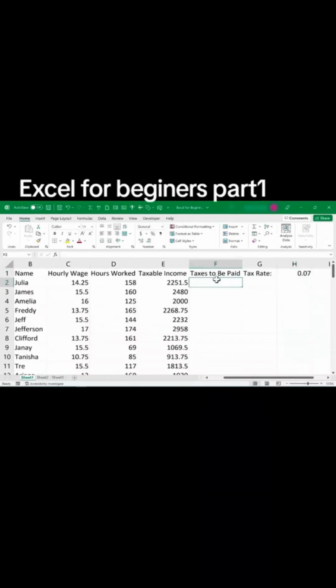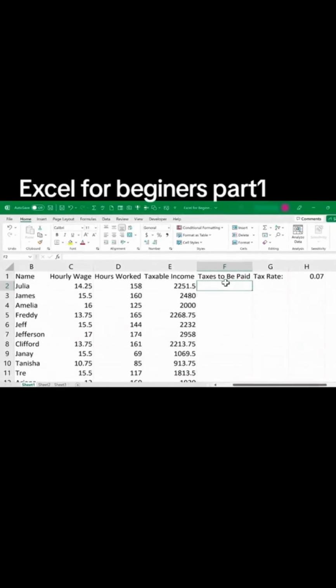I'll click here on cell F2, and in my head, I'll say to myself, cell F2, and then I type equals the taxable income of Julia in this case, multiplied by the tax rate, H1. I'll tap enter on the keyboard and you can see the results. This worked beautifully. But what happens when I use the autofill handle and double click to extend that down the